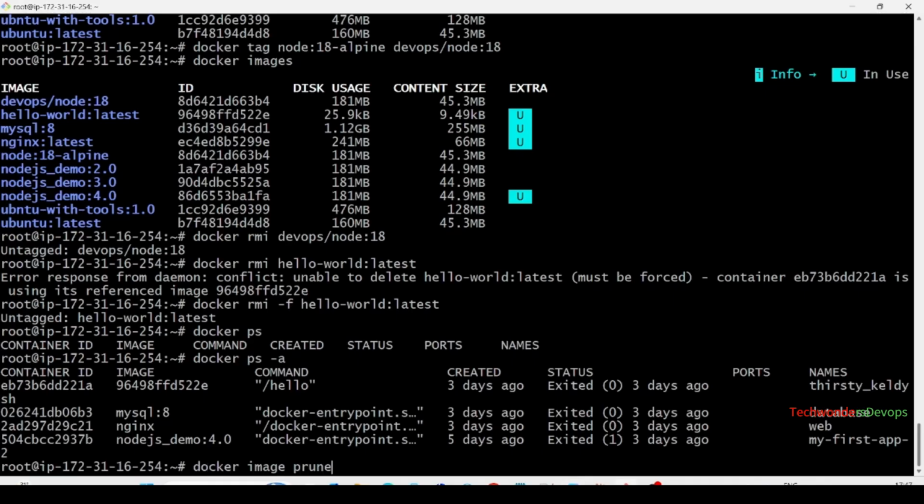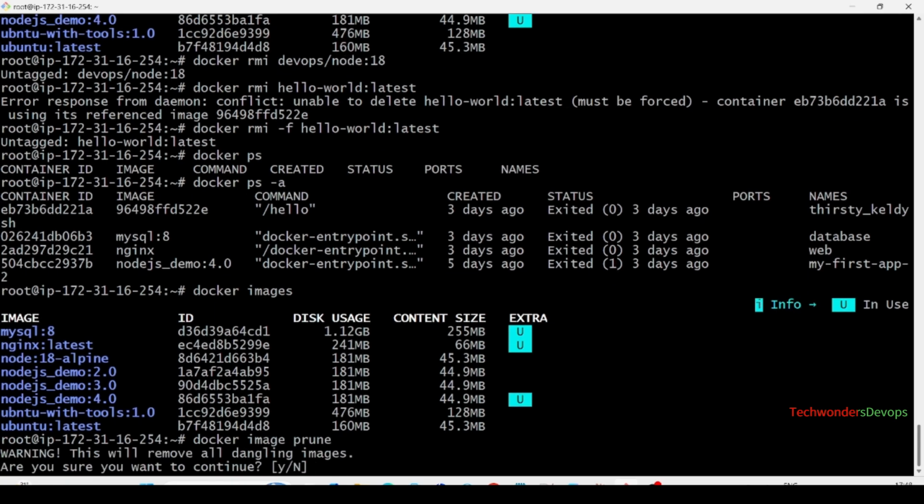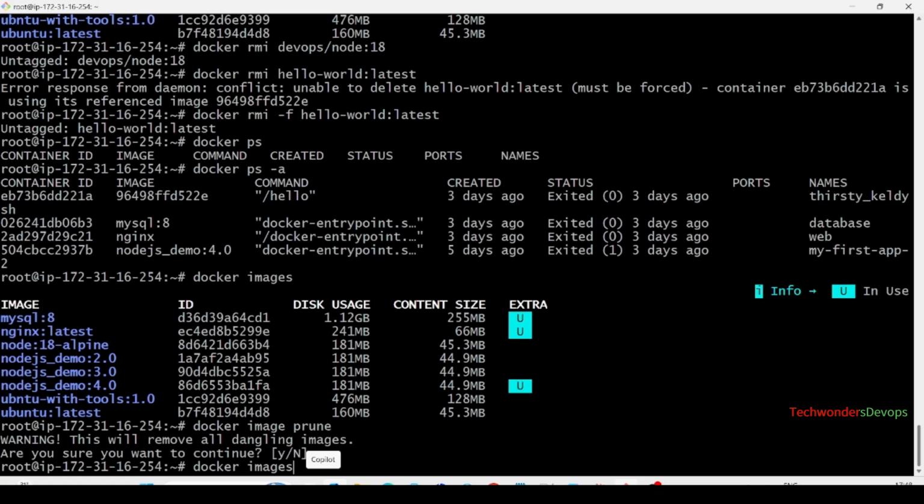So I don't want to keep all the images. At that time, what do we have to do? I will check docker images. Currently, these are the multiple images available. So I will delete all the images. This will remove all the dangling images. You can click on yes. If you check docker images,